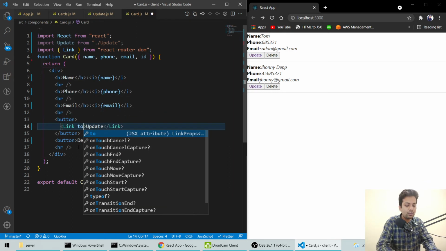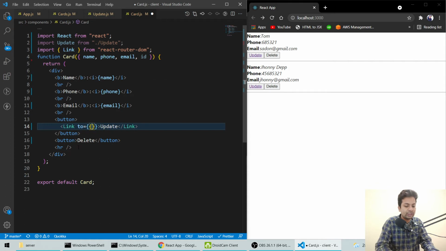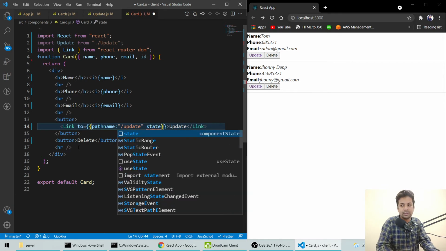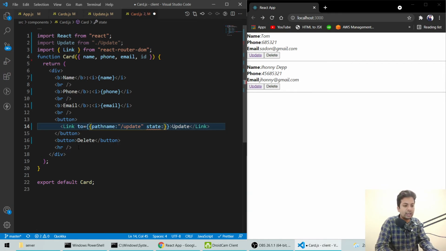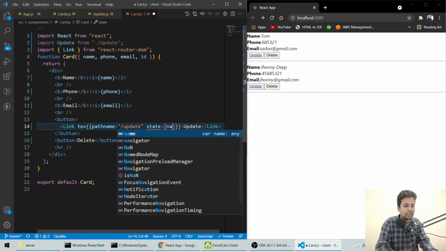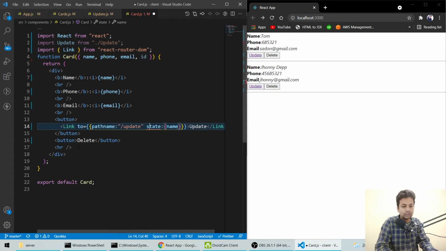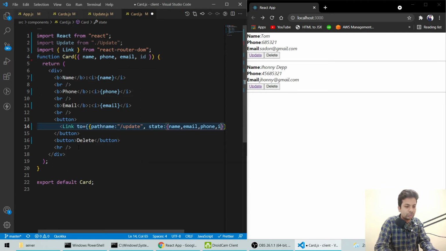So I'll say to equal to two curly braces, and I'll say pathname: slash update, because I want to send it to the update page. And I want to send some data also. So for data I'll say name, comma, email, comma, phone, comma, ID.